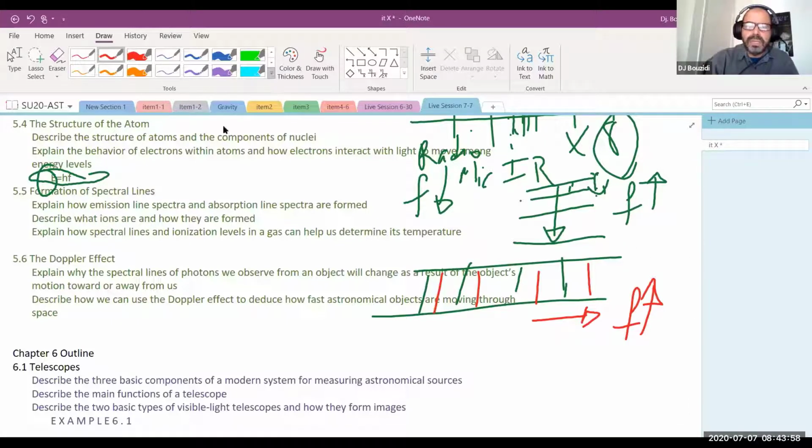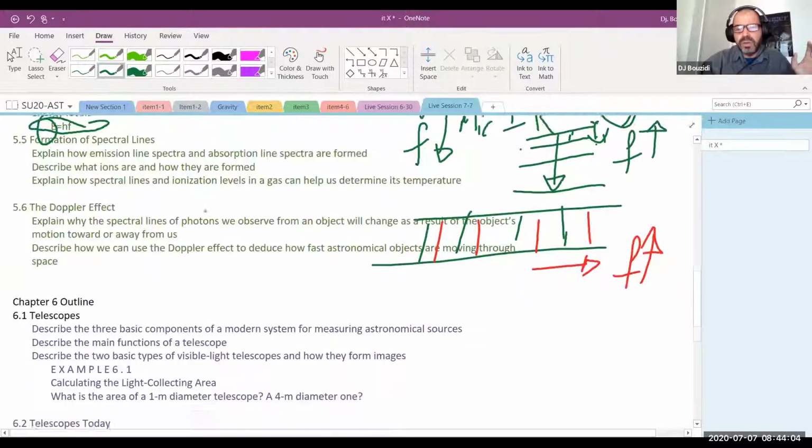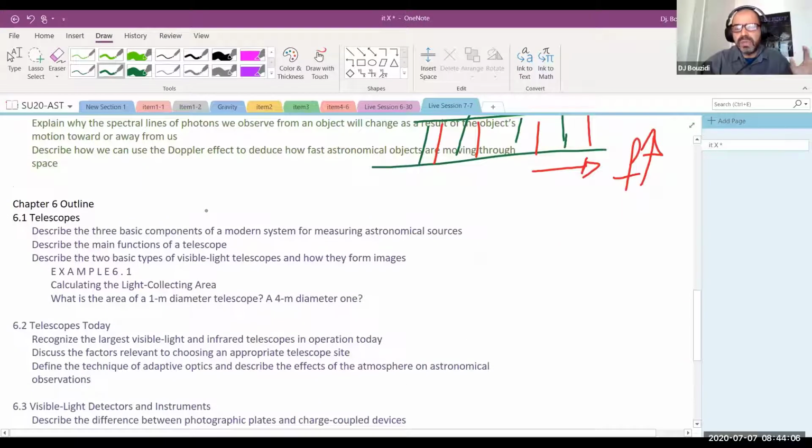And hopefully you guys have an understanding of what this is. And that's the power of everything that we have in here. Chapter 5 is fascinating. So I really want you guys to have an understanding of it, because it's the basis with which we actually investigate the entire solar system, the entire universe, and everything else. We use light, actually. Light is a very powerful thing to study objects in the universe.